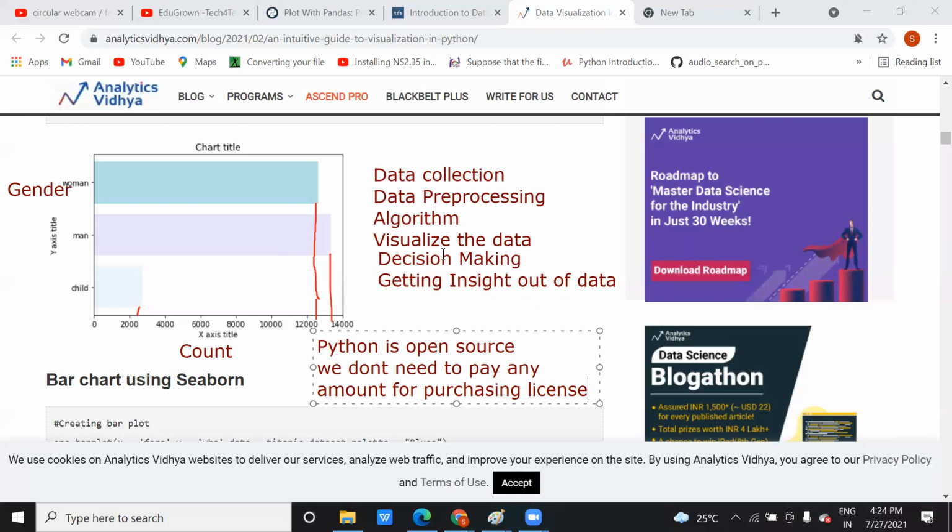The other tools like Tableau, Microsoft Excel, nowadays you go to the market. Nowadays I'm also planning to purchase a laptop. So when I see online shopping, why is the price of a laptop so high? The reason is the processor and configuration.